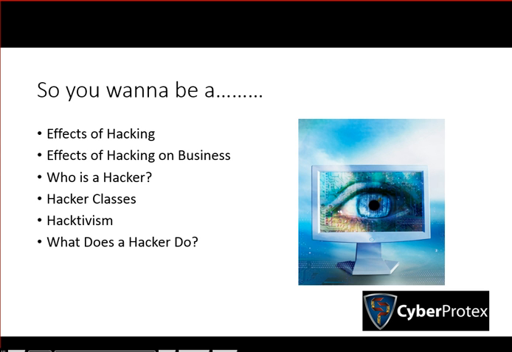So we're going to get into a few other topics here. And let me just pose this one question to you guys right off the get-go and open it up for discussion. As a business, how much is your reputation worth? How much is your reputation worth? And I think about, from my perspective,